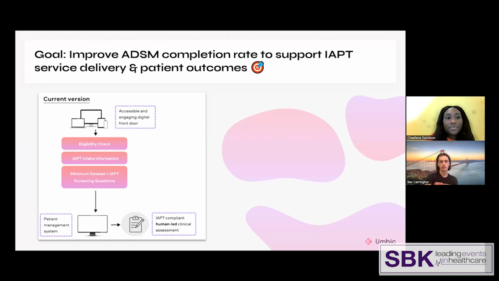Brilliant. Thanks, Chaellene. I was just getting the polls out of the way. Here we go. Okay, interesting answer. So what I'm actually going to do, I'm going to park that poll for a minute and return to it in a moment, but interesting to see